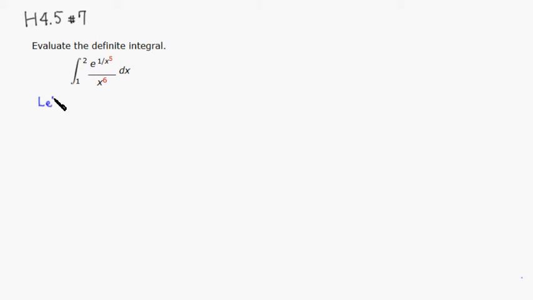Let u be this guy right here, 1 over x to the 5th power, which I don't like the way it looks, so I'm going to rewrite it as x to the negative 5. Then if you take the derivative of u with respect to x,